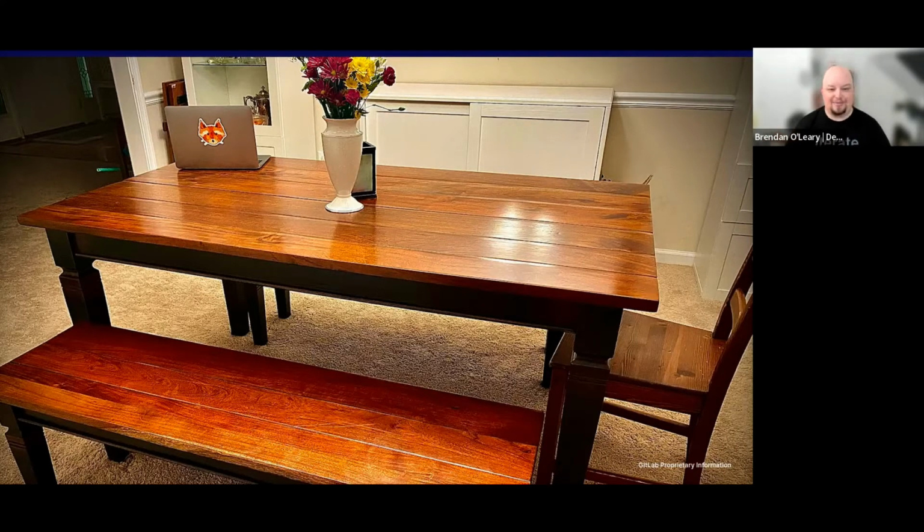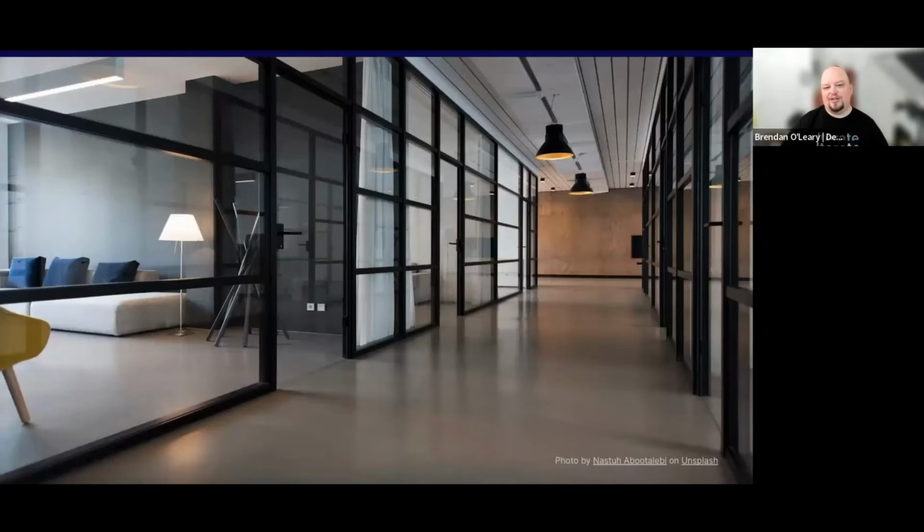And I love that table almost as much as if I had made it myself. And instead of spending time in my workshop, probably cursing and hurting my thumb with a hammer, I now get to spend time around it with my kids. My daughter loves to build puzzles on it. My 5-year-old loves to draw. And when the whole family's in town, well, it also has a great leaf system that I wouldn't have been able to engineer myself, and we expand it and fit everyone around it. So maybe that opportunity cost seems obvious to a lot of people. I know if you ask my wife, she'll tell you it's very obvious, but there's a lot of things and